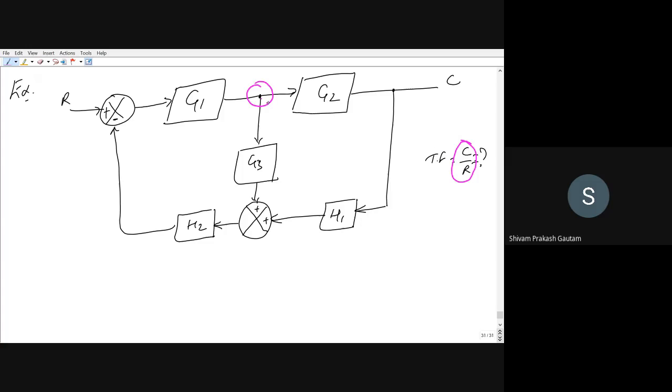So this is my takeoff point. If I want to move it to here, does it help our case? So these two will again be in cascade if I move this takeoff point. Now, if I move to this, then these two blocks will be in parallel. As you can see, both the signals are going in this direction. If I move it to here, the signal will be moving to this point, and this signal is also moving to the same point. So parallel means either they can move in a forward direction and go to the summing point, or they can go in a backward direction and move to the summing point. Is it not? These two blocks will be in parallel. So let us just try to do that.